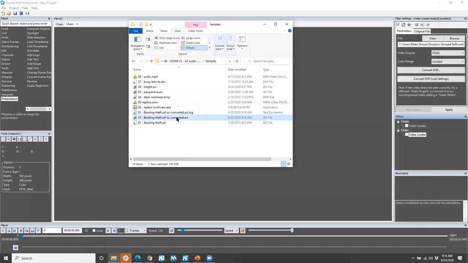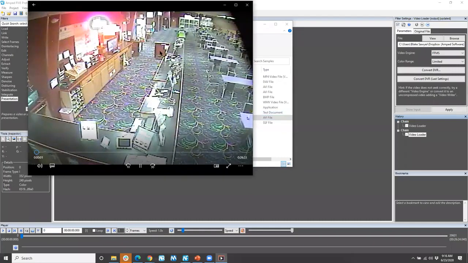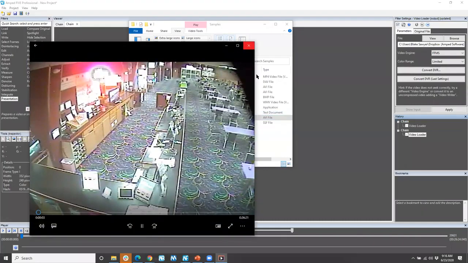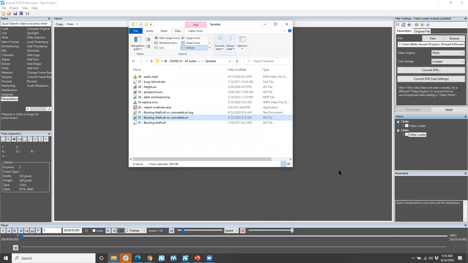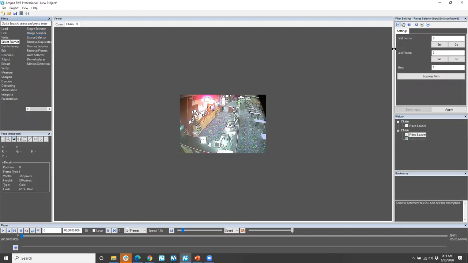This video will now play inside of, we'll see if it'll play inside of Windows Media Player. Yep. Which is handy. But one thing that might be a little bit more handy would be being able to just put out a small clip. So if I do a range selector, and inside of range selector,